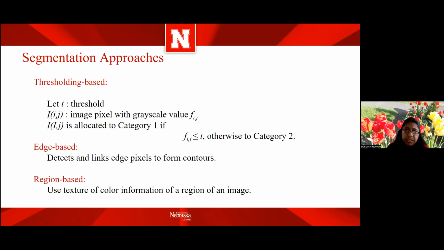And the approaches could be thresholding based, edge based, or region based. Thresholding based is pretty straightforward. We have a threshold, and any image pixel below the threshold will be treated as the object of interest, and anything beyond the threshold must be treated as the object which is of no interest to us, or the background. So the object of interest is the foreground, and the object that is of no interest to us is referred to as the background. We determine the foreground and background based on a threshold value, and that is called